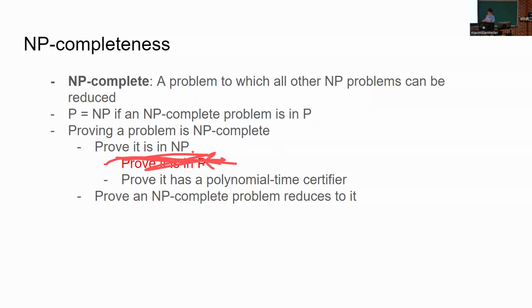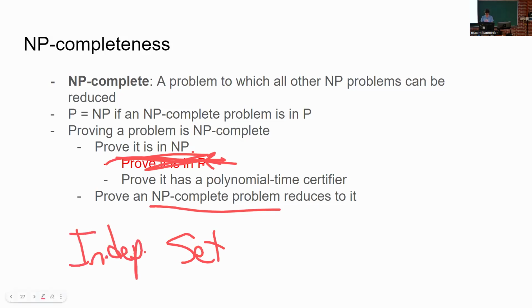But what you were asking, so what do you do from there? You have a problem that's in NP. How do we know it's NP complete? What we do is we take a problem that we know is NP complete, and we have to reduce it down to that problem. So essentially, say we have independent set. We want to reduce independent set to that new problem. And the idea is there's like